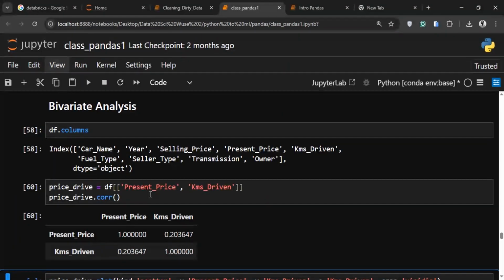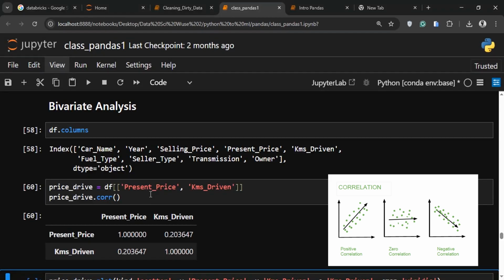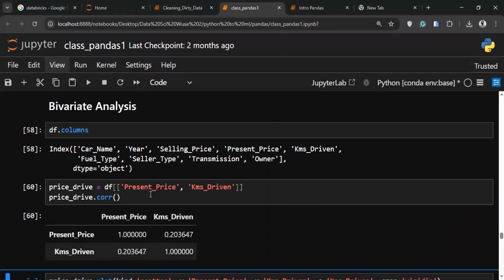The very first thing we're going to learn is what is negative correlation and what is positive correlation. A negative correlation simply means that, let me put it this way,